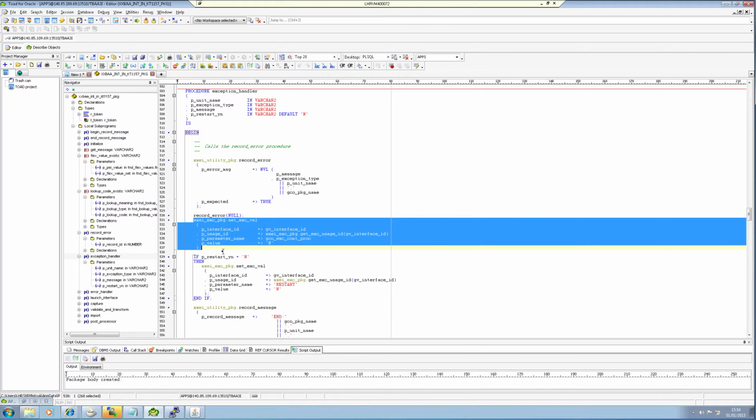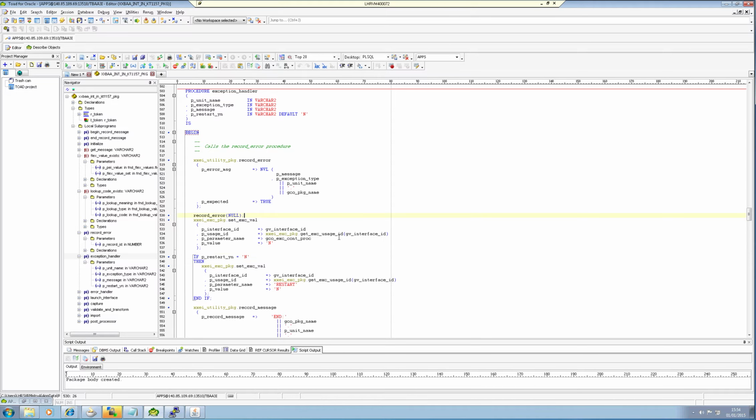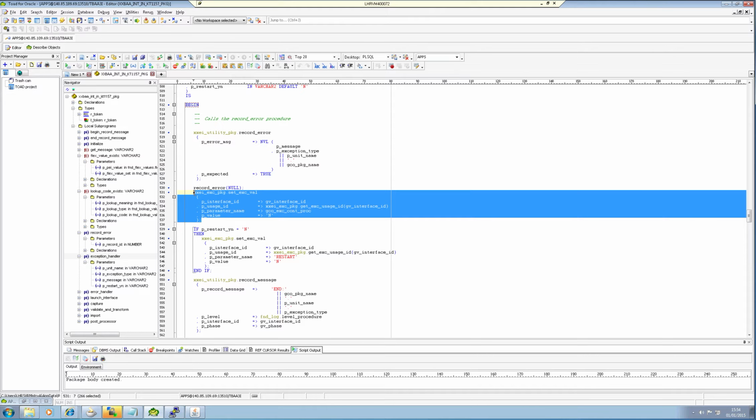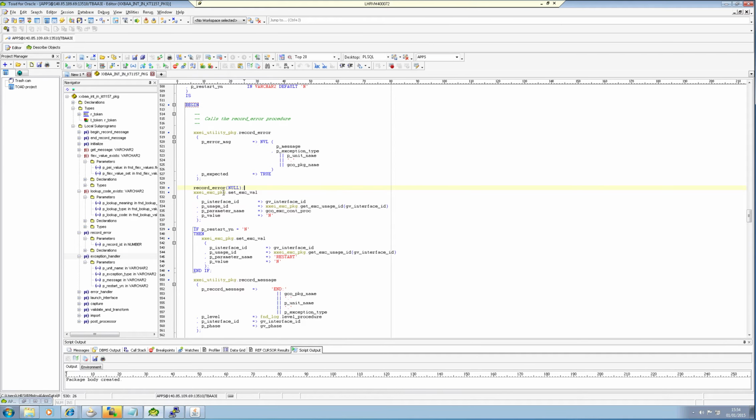It may be that you don't want to do that, so you may want to actually remove this particular procedure call. And that's absolutely fine. Like I say, these can be modified. They only affect your interface, and they can be modified accordingly. I would advise that you consult the developer guide to understand the different kinds of execution calls and how the const.proc